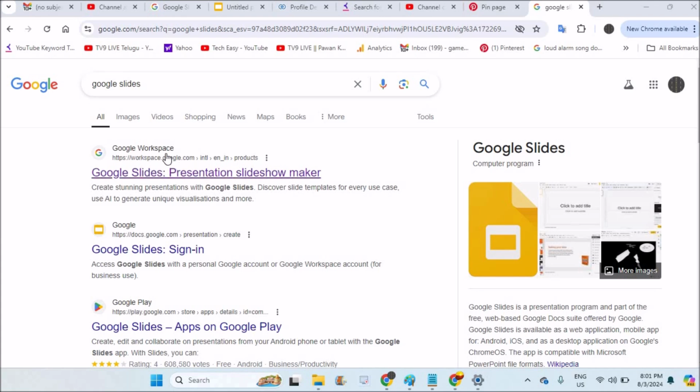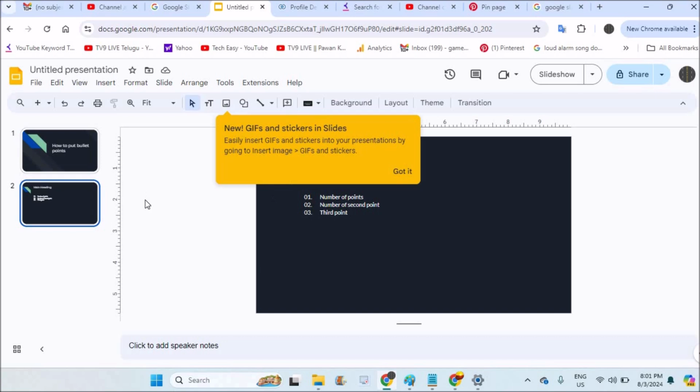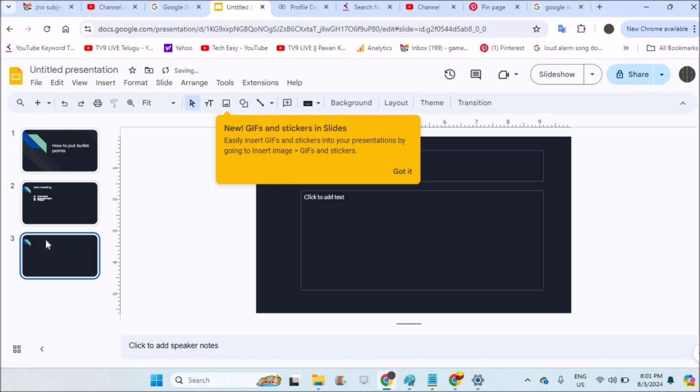And you can open this first website, workspace.google.com/slides. See here. If you sign in, Google Slides will be opened. So if you're planning for a presentation, just like a Microsoft PowerPoint presentation, you can click on the slides here and